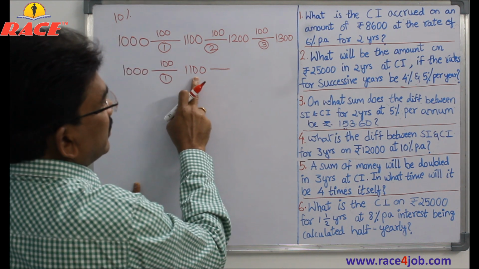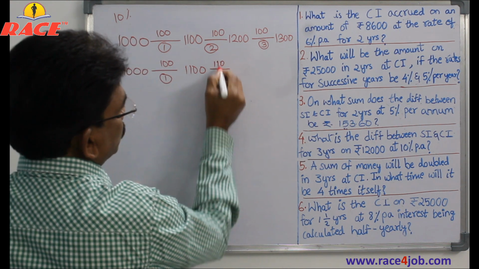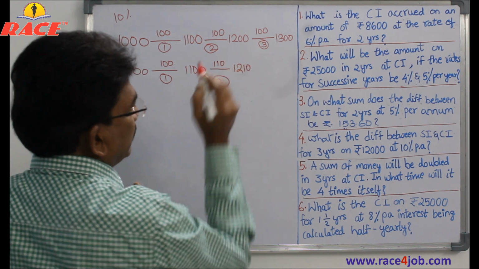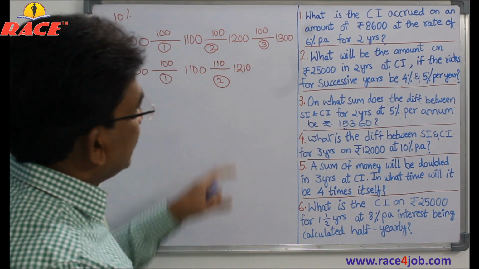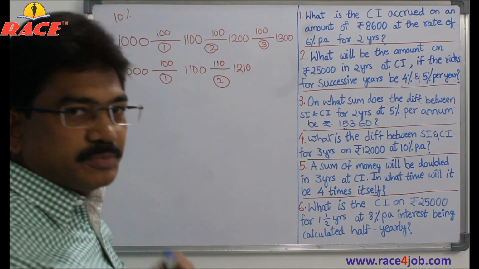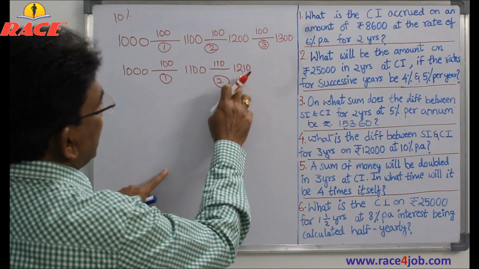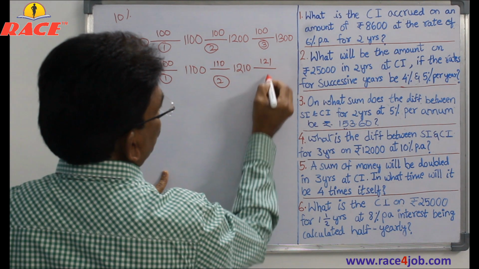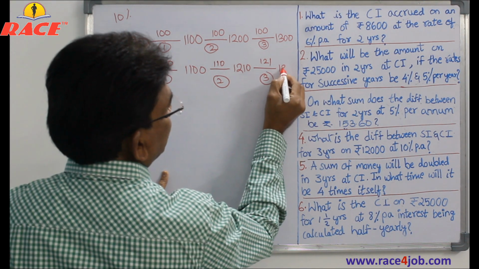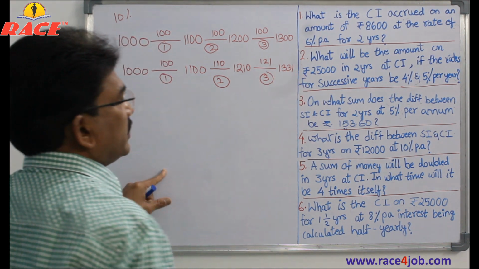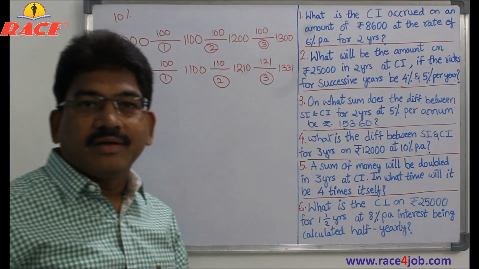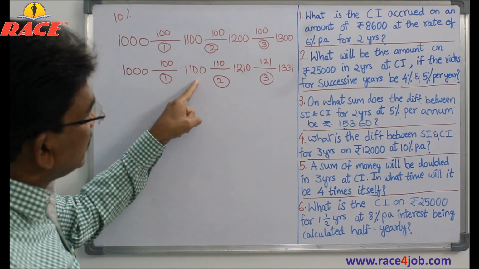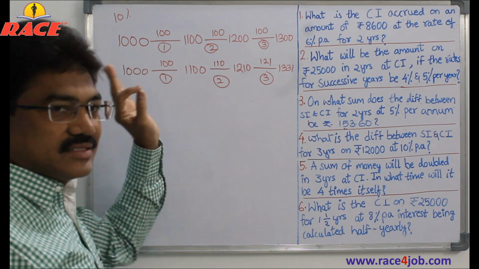So 10% on 1100 is 110. So second year our interest is 110 and our amount is 1210. Right? And this 1210 is the principal for the third year. So 10% of 1210 is 121 rupees. So 1331 rupees is the amount after 3 years. Correct? And at the end of the year, whatever the amount is, that is considered as principal